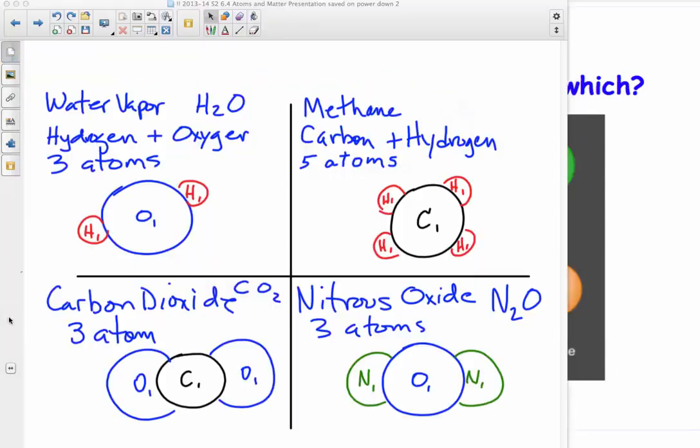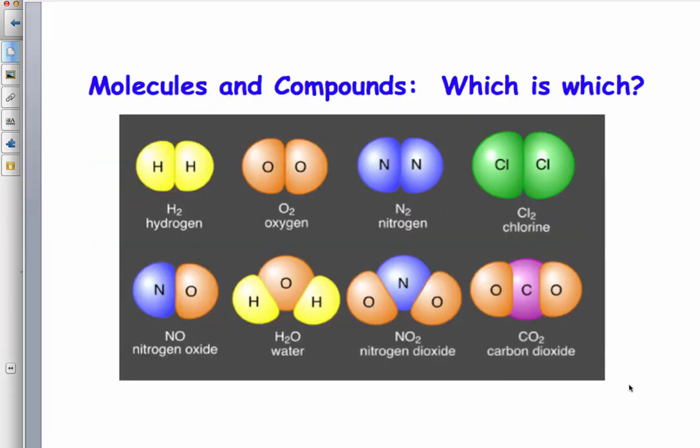Now, it just so happens that these four guys right here are also greenhouse gases. And so these become important for us to become familiar with, not just in the matter and atoms unit, but also when we start taking a look at energy, and specifically when we look at the greenhouse effect and how solar radiation is affected by the presence of greenhouse gases in our atmosphere. So we're going to come back to these and sketch these, but I want to go up and show you